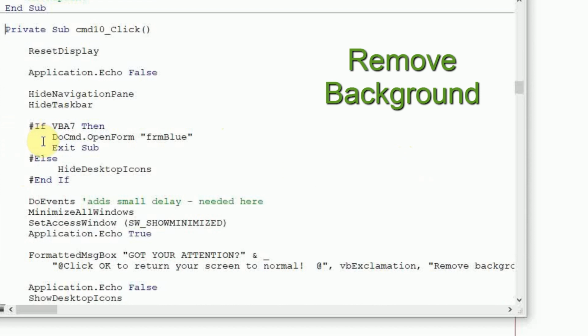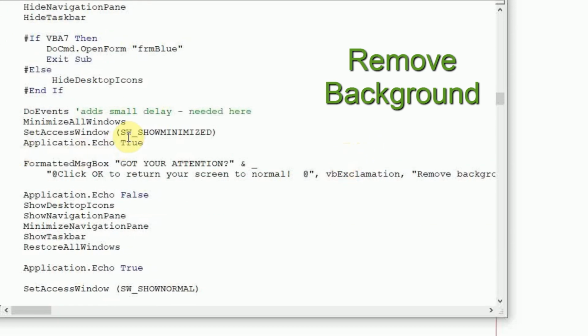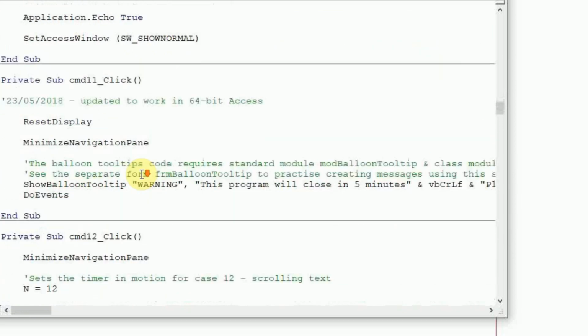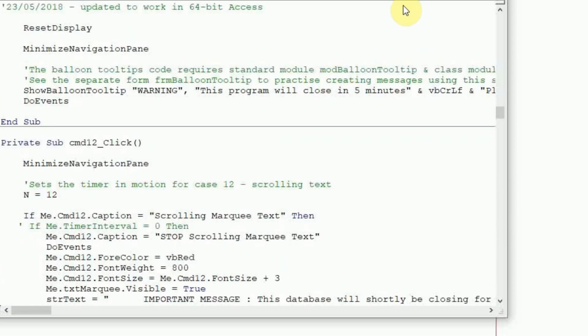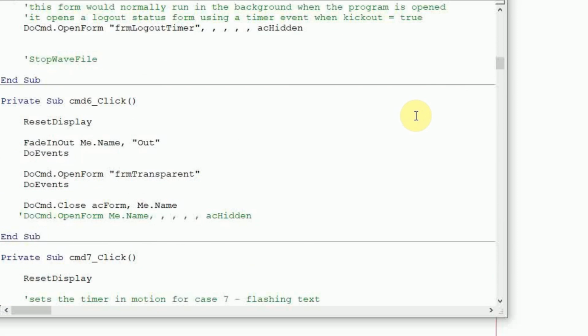If it's actually prior to VBA 7, I could have actually put it straight onto the desktop and I could have hidden those icons, but that doesn't work for me in current versions of Windows, whether 32-bit or 64-bit. And then after that, I'm doing things like hiding the application window and so on, showing a message, etc. So you can see all of these, how they're done if you want to, and I'll explain any individual ones if you want, including the animation. Maybe I should just mention the animation very quickly here.